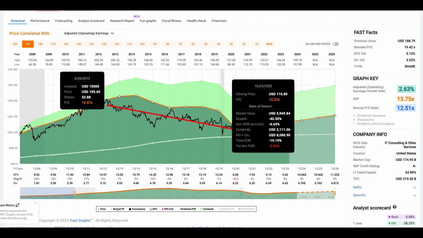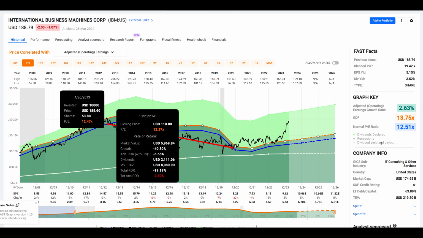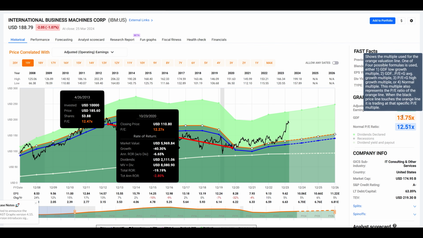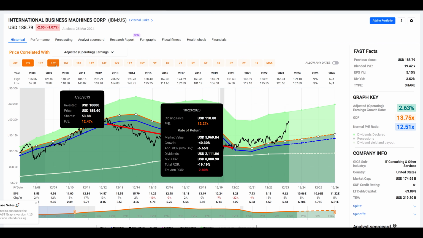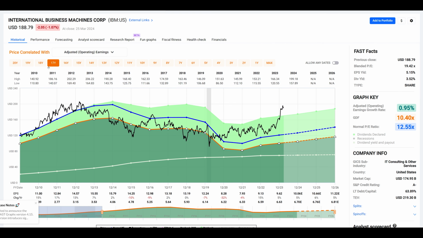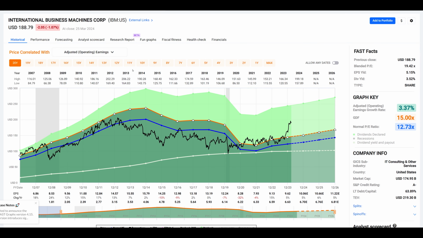Earnings determine market price. Now, the normal PE ratio here was, again, consistent with this 13 to 15 times earnings. Now, I'm using a 2.63% time frame. That's why I've told you it's so important to run different time frames, because if I adjust this time frame, we get totally different results. If I run this out to a max, we get that 3.5% growth rate. But the point I'm getting at is that the earnings growth and the earnings achievements are what's going to drive